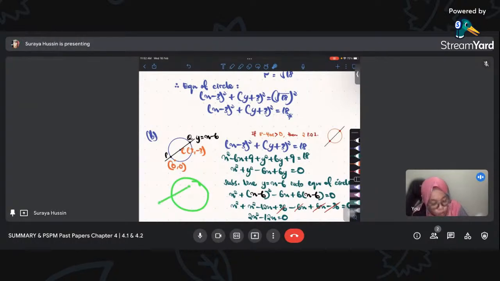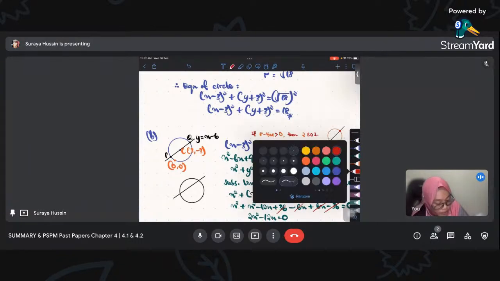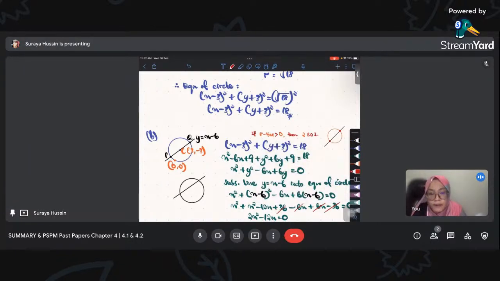Sometimes kita tak tahu dia lalu center ataupun tidak. Yang penting kita tahu dia apa. Kita tak dapat information pun yang line tu dia akan lalu center. Saya tak tahu pun. Saya main lukis je. Okay, yang saya pasti, yang saya tahu that the line will cross the circle